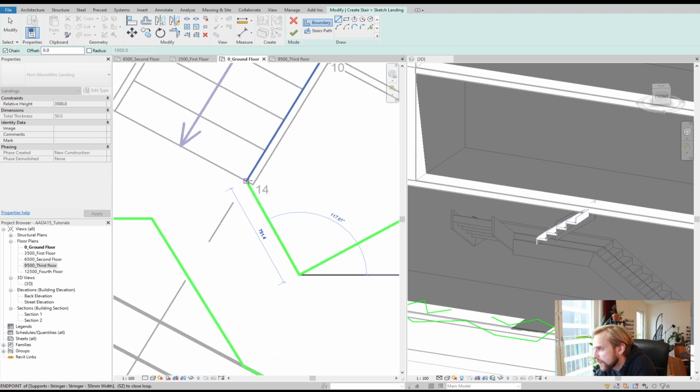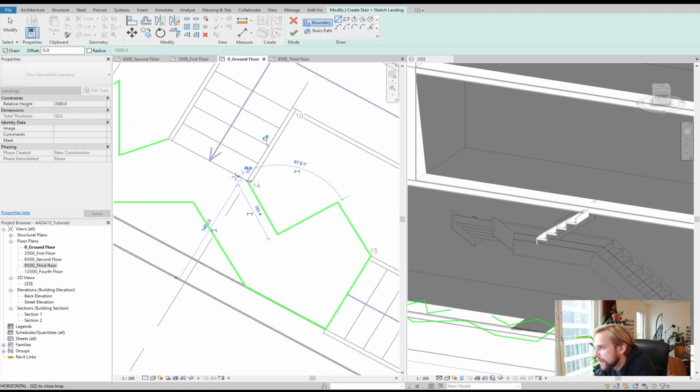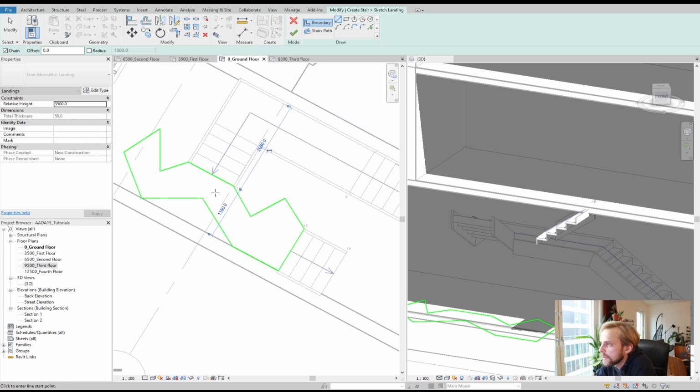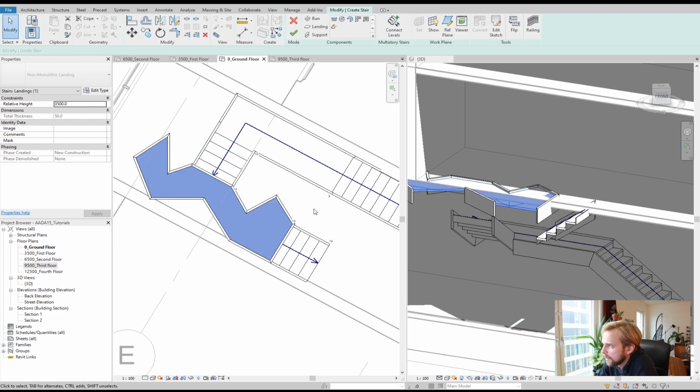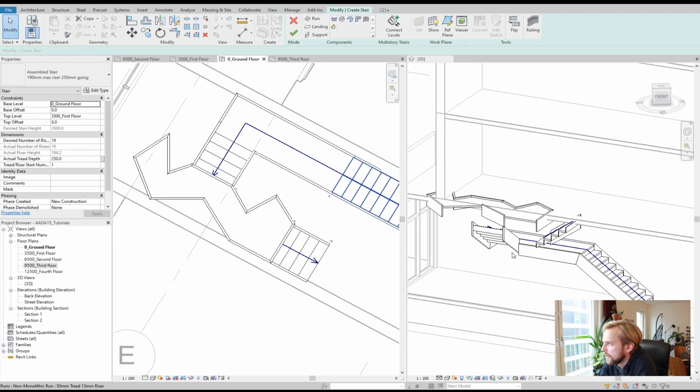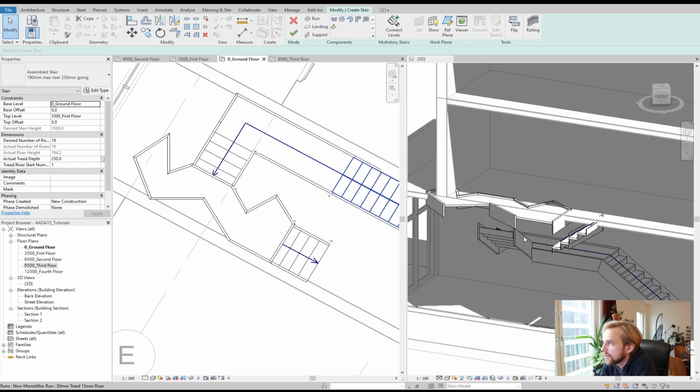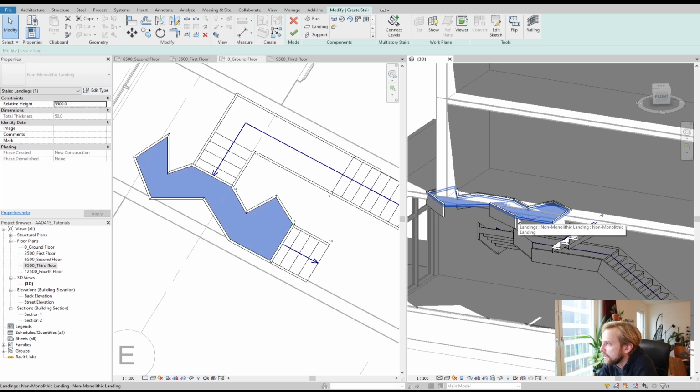Come on, snap. There we go. Bam. Just make sure that it's a closed polyline. Hit apply. Bam. That's your landing, and right now it's not tied to your stairs, so you would need to